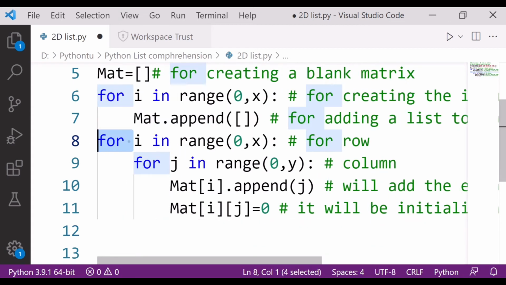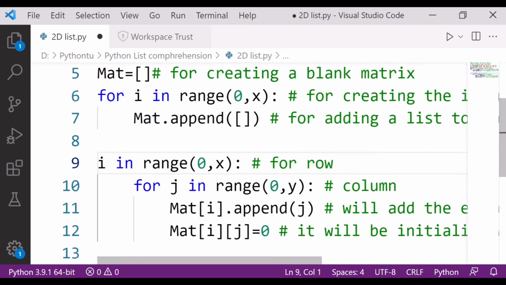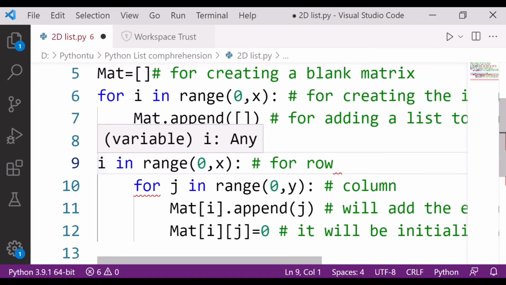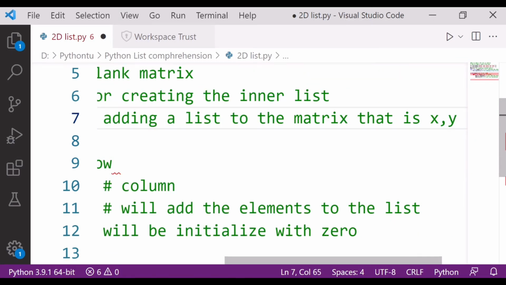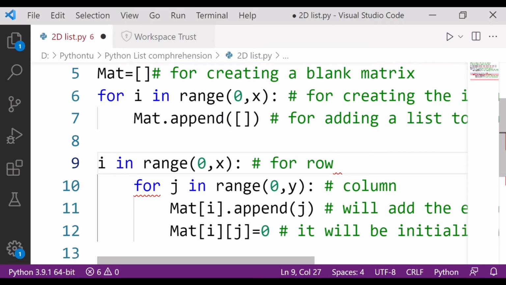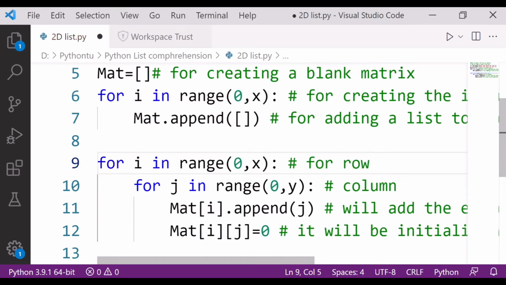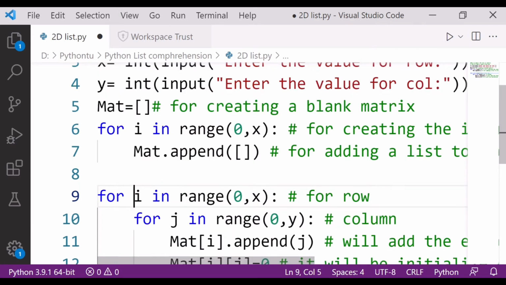Let me give the space for then. For i, this is for row, and this is for my column. Here it will append, it will add the elements to the list, and it will initialize from here.